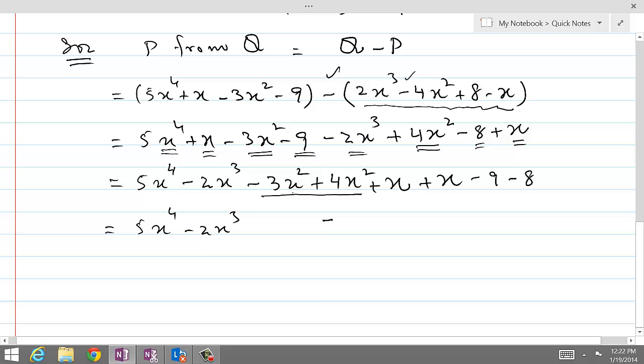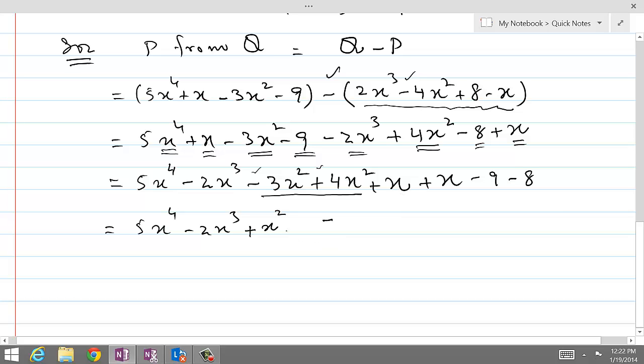Minus 3x square plus 4x square, two opposite signs, always numbers subtract from each other, so the 4 minus 3 will become 1, x square, we don't write 1, so it will be x square, and remember the answer takes the sign of the bigger number, which is plus 4, so we write plus x square, and